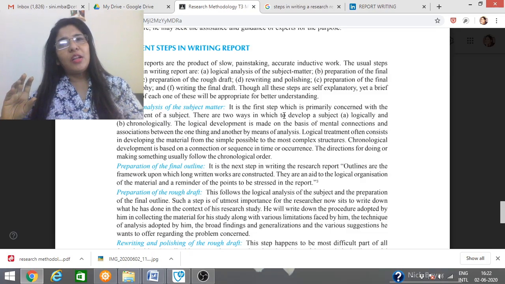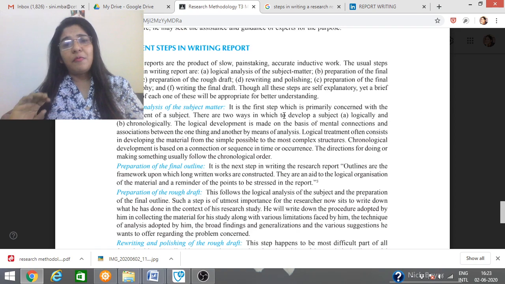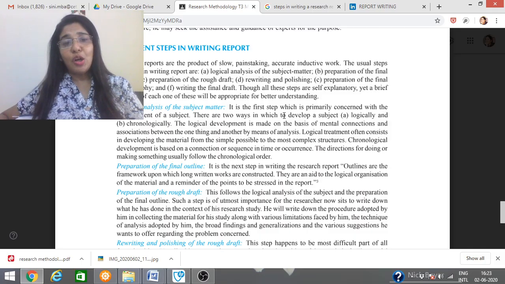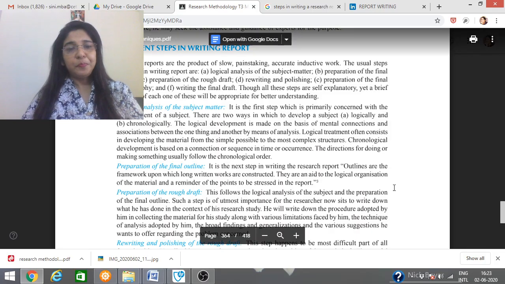After developing your methodology, you might have read 100, 200 literatures on this area, then identified the gaps, and based upon the gap, you developed a questionnaire or a research instrument. There is a logic in between. So the first important thing when you write a report is that there should be logic connecting one chapter with another in a particular order. That is called logical analysis of subject matter.